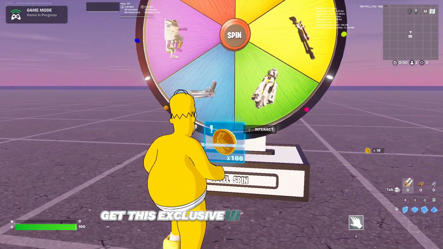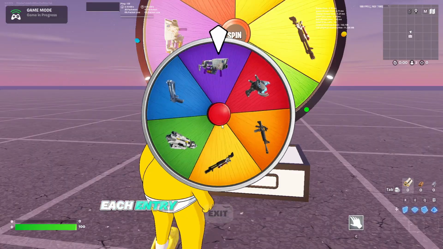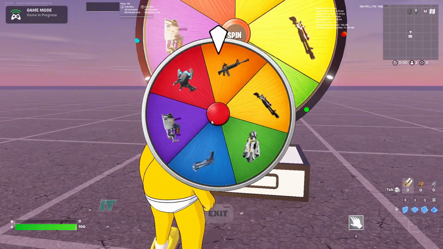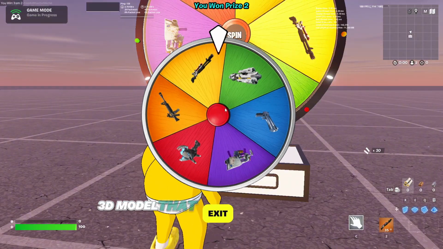Get this exclusive UI fortune wheel now. This wheel has 6 entries. Each entry can trigger devices and grant items. It can be customized with multiple backgrounds, and it also includes a 3D model that you can place in your